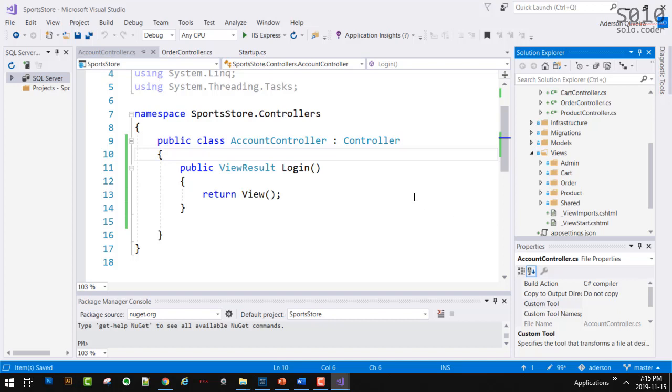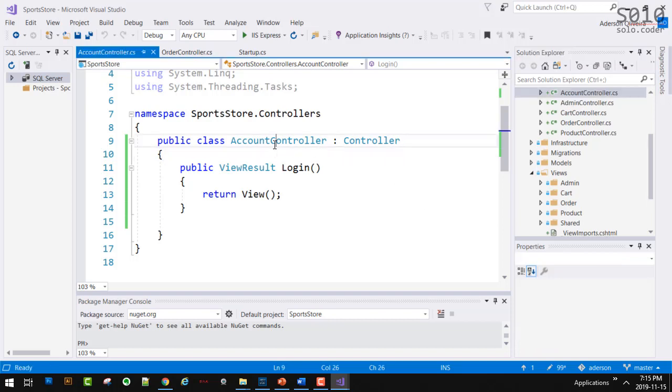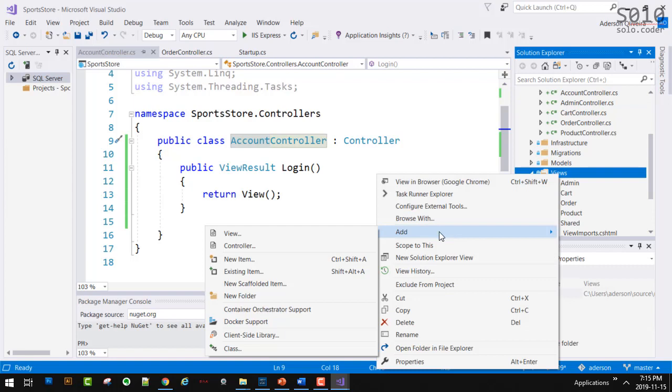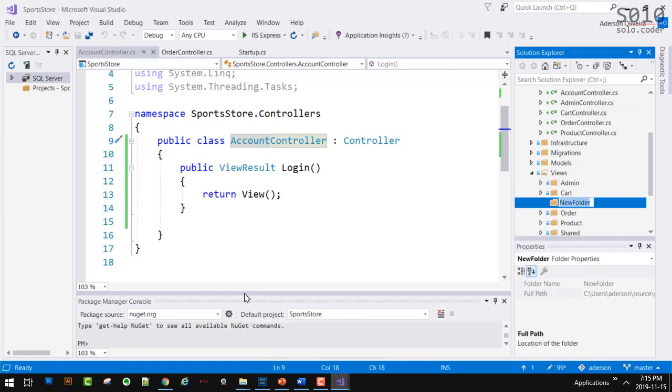Come on, account. The name of the controller. Okay, so we create a new folder called account under views. Why do we have to name it that and not put it in another folder?